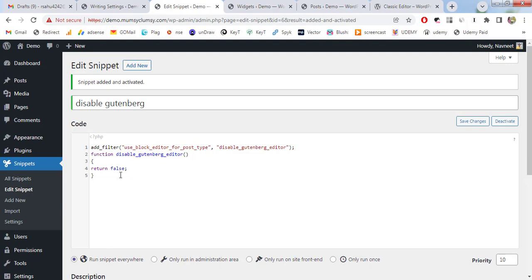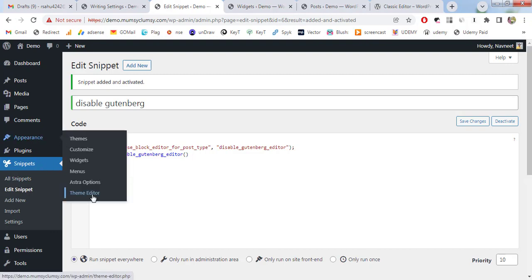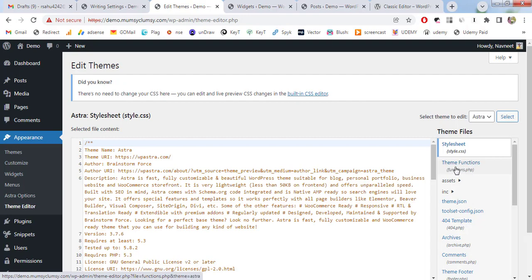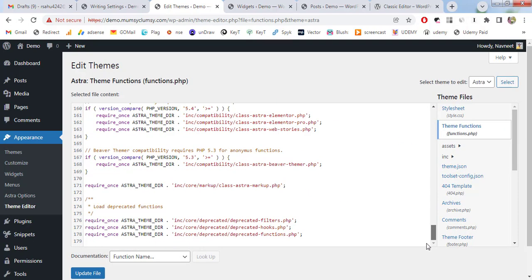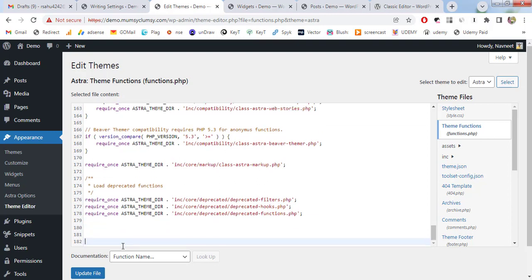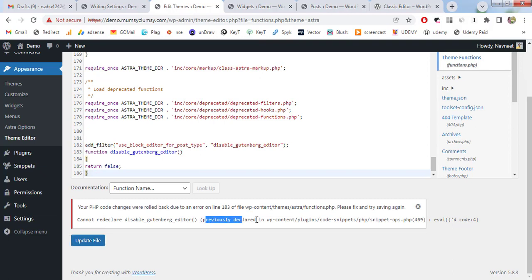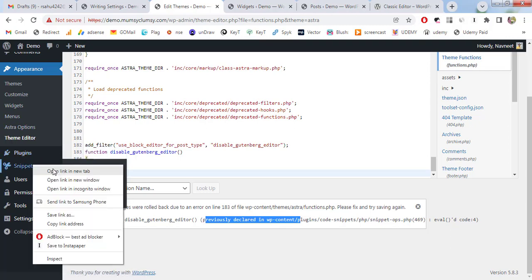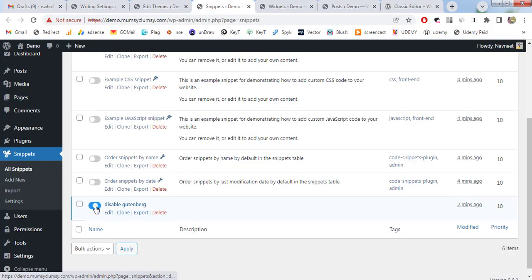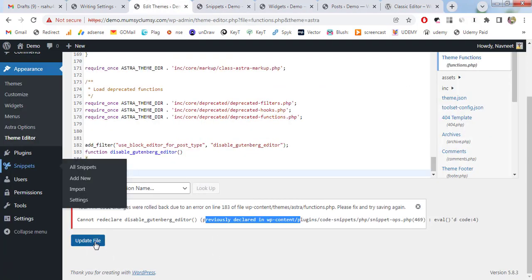Or if you don't want to install Code Snippets, make sure you have a copy of this code. Go to Appearance, Code Editor, and find functions.php. Scroll this area down and give some enters, paste your code and click Update File. I'm not pasting inside the functions.php file directly, because every time you update the theme you lose it. As I can see, I'm getting an error because it's already running in that plugin. So I should disable that code first. Disable this code. Okay. Now if I click update,